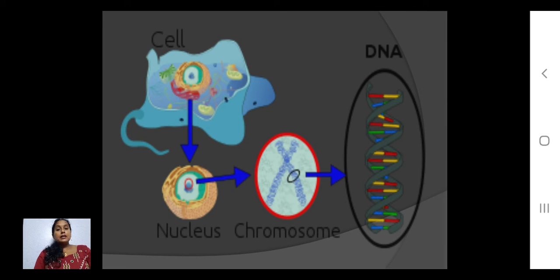And you can see here in the picture that the cell is enlarged, meaning we are focusing only on the nucleus. Inside the nucleus we can see the chromosomes, and when enlarged further, they are in the form of strings, and enlarging more you can see the double stranded DNA. Okay, so that is the chromosomes.